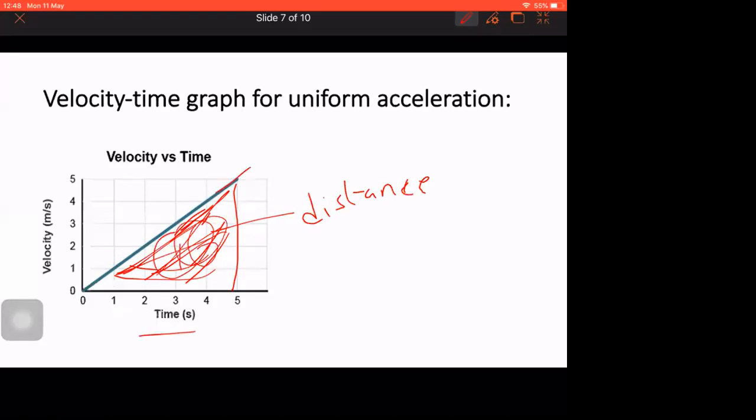So can I calculate distance by calculating the area of this portion? Yes or no? All the portion which is present below the slope will give me distance. If I find the area of that portion, I'll get the distance. But how can you calculate the area? We will calculate, and you will help me because we are very good math students. I know. Okay, I will tell you how you will calculate.